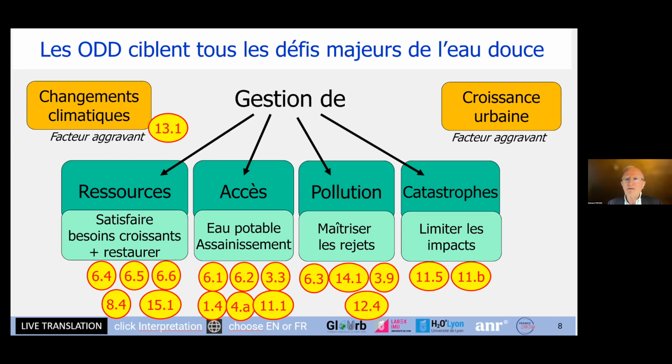They each have a number because they each have a specific objective and an indicator that's monitored. And they basically represent all major water problems. So that was a revolution at global level. And it's already brought with it a number of consequences. Since 2015, the climate COP has acknowledged the problem of water, especially when it comes to adapting to climate change. However, the impact of urban growth on water is not yet a shared subject when it comes to political decision makers.